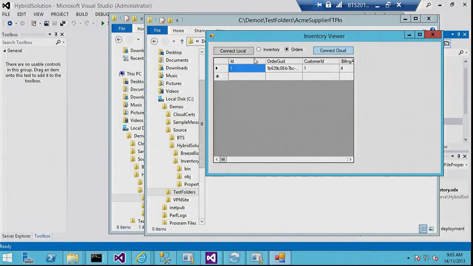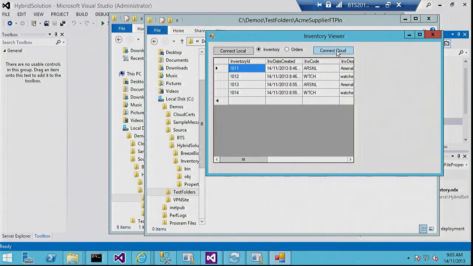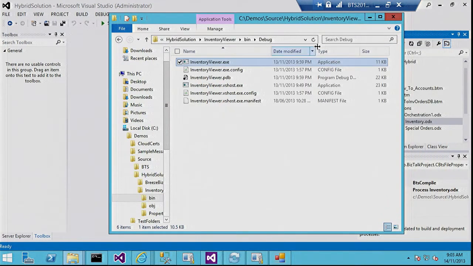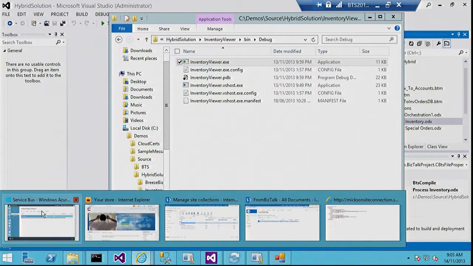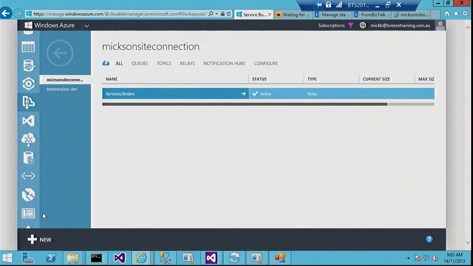And just to show you that inventory has, when I clicked on Connect to Cloud, that inventory has gone through and propagated through to the cloud. So within Azure, just to show you,